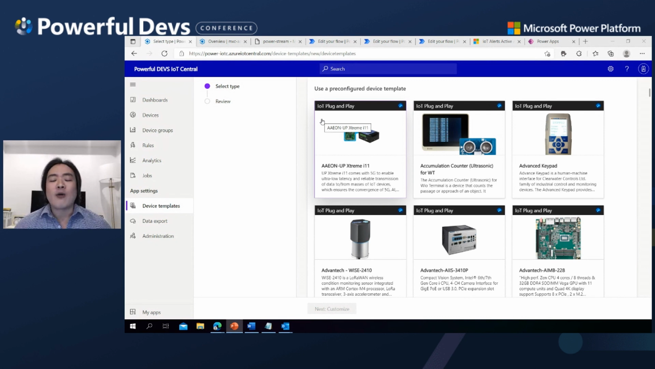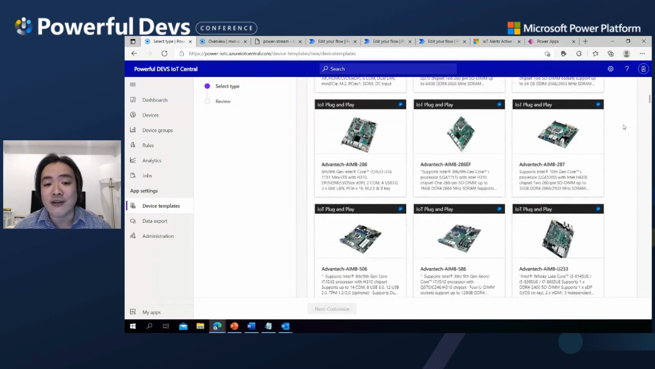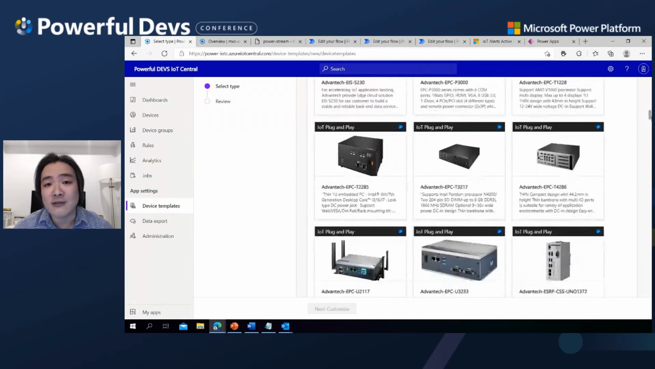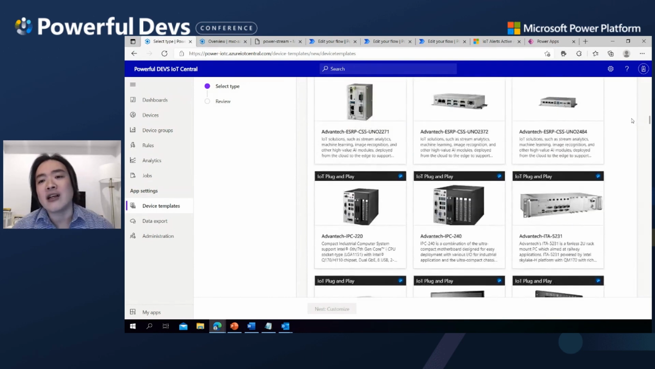Device templates are one of the key concepts of IoT Central. They let your application know about what type of device you're connecting with, and also what your device is capable of. Microsoft provides a diverse library of Microsoft plug-and-play certified devices, as you can see. And the idea here is that you can purchase one of these devices off the shelf, connect it to the internet, and really start sending data to your application straight away without manual configuration, without worrying about device compatibility and